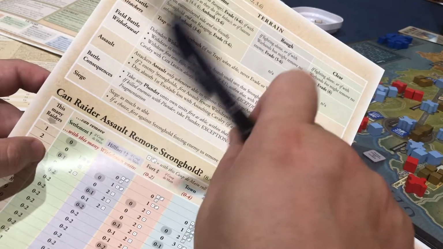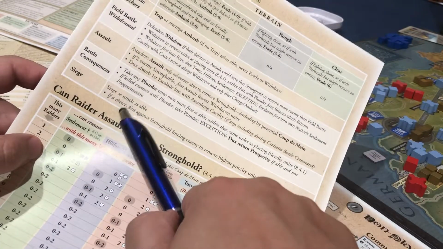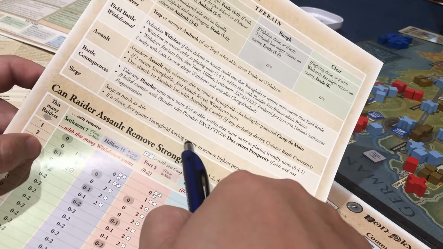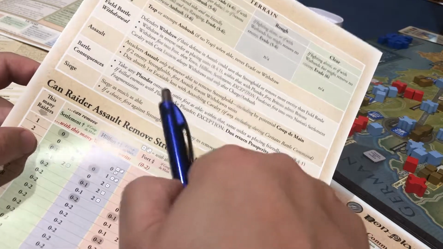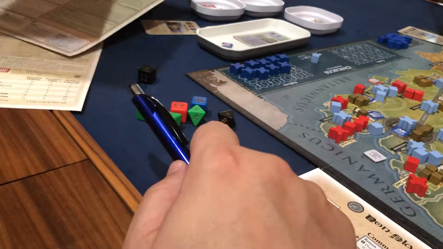As long as it's not fragmentation. Okay. And then the siege. We don't talk about siege much, but you can siege a stronghold, which would cause them to, basically, a unit would die within the stronghold, and there's no actual battle. So if we look at the actual battle step,